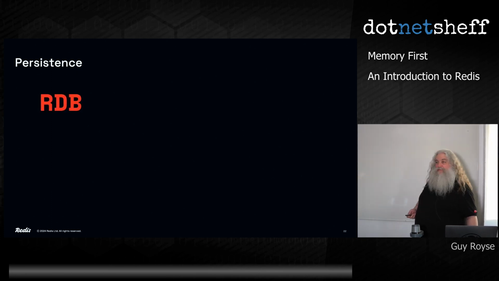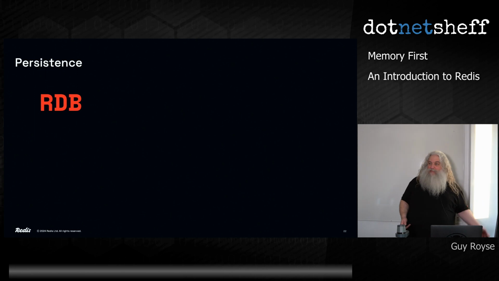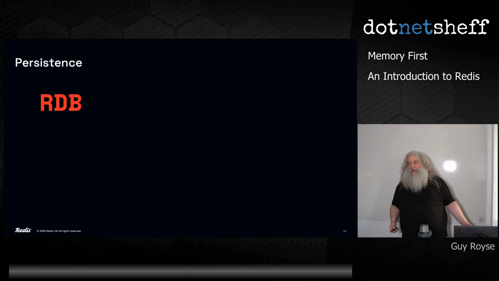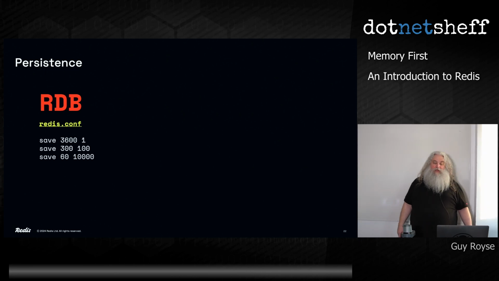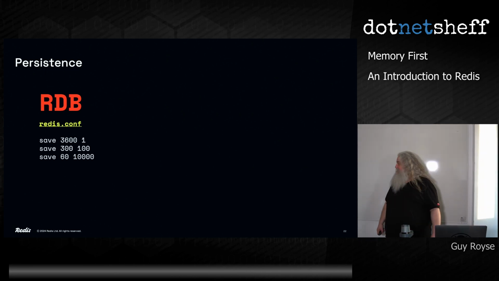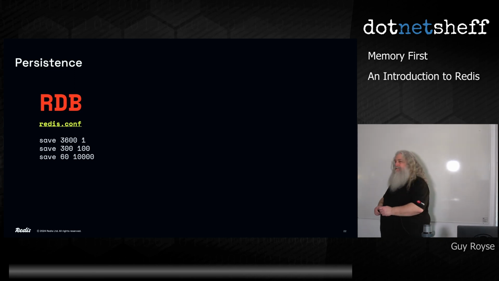I just wanted to mention persistence. I've said several times this can write out to disk. It totally can. There are two ways to do it. You can do a Redis database file, which is just a dump of what's in memory, a snapshot on disk. You can configure how often that happens in your Redis config. And so you can say every 3,600 seconds,